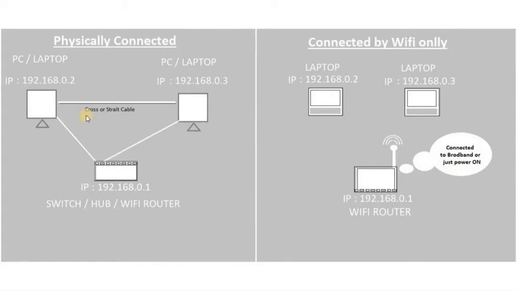Here in the local area network, these systems are physically connected to the network device by a network cable. Otherwise, if you don't have any network device, take a network cable and directly connect system to system. If you connect with a straight cable or cross cable between both systems, you have to maintain an IP range. Here it will be assigned automatically by the router.